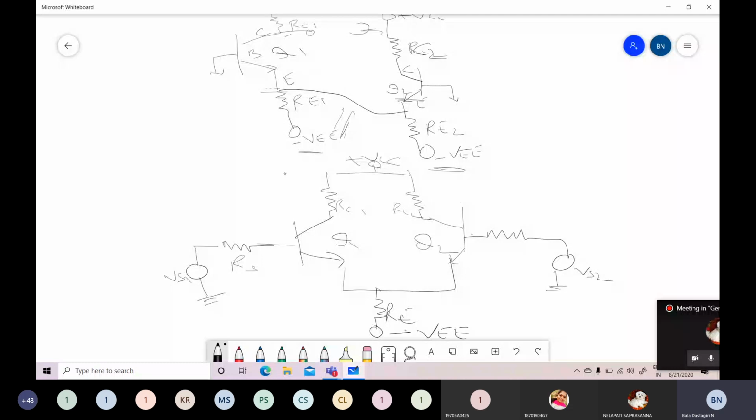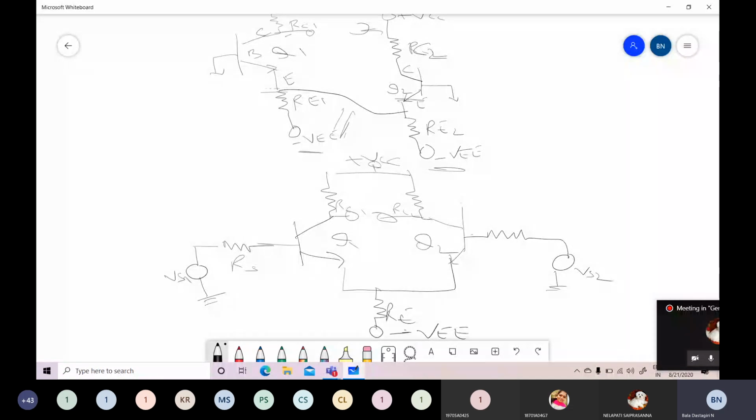So in order to take the balanced output, you can take the output across two collectors, or else you can take the output at the one collector. If the output is taken between two collectors, then it is called balanced output or double-ended output, like this as shown. If the output is taken only across one collector, that type of output is referred to as unbalanced output or single-ended output. So this is how a differential amplifier is constructed.